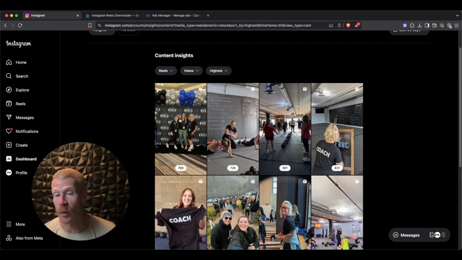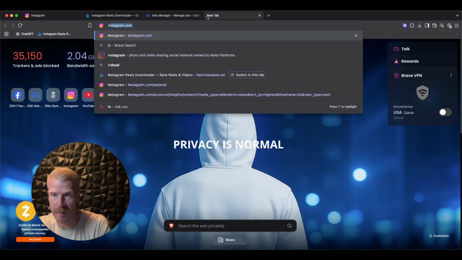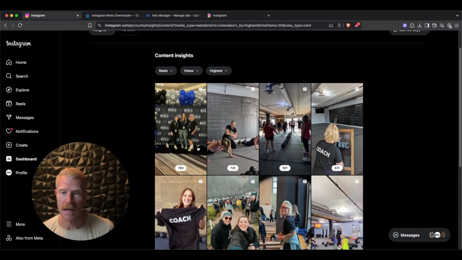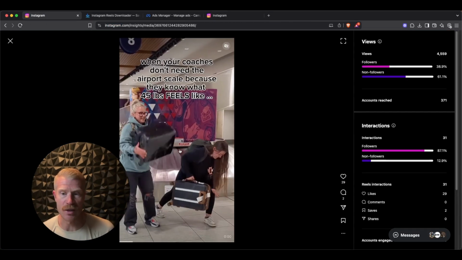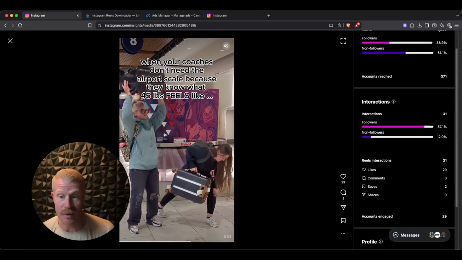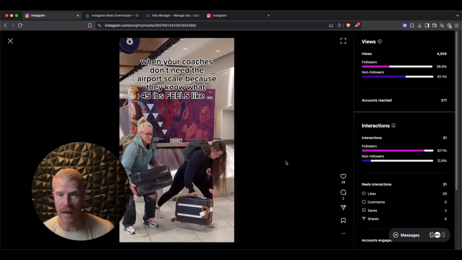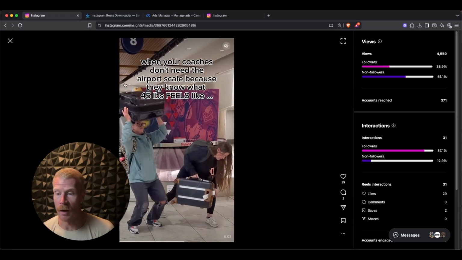So now that you've found which 3 reels have the highest views, which shows you these 3 pieces of content resonated best with your local market, what you're going to do is open up your profile again, because if you click on this reel, it doesn't actually take you to the reel, it just takes you to the insights. You can see the reel, but what we want to do now is use a third-party software